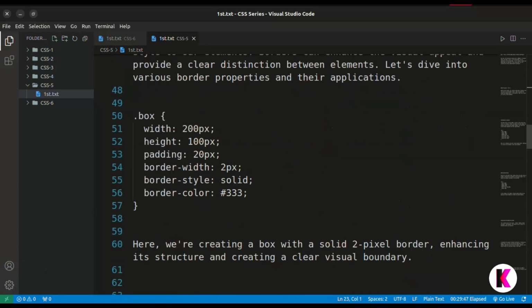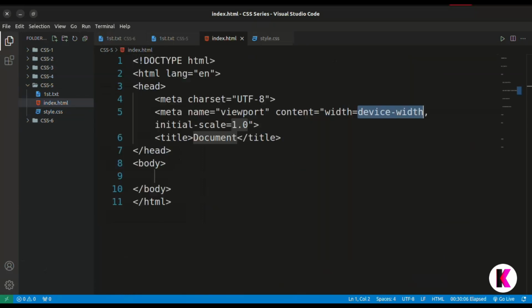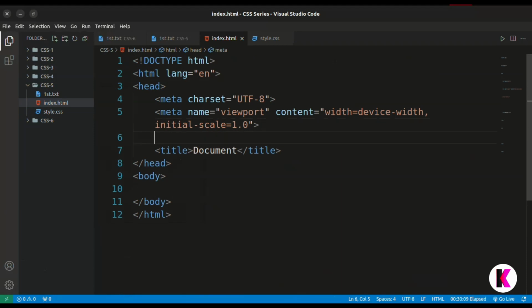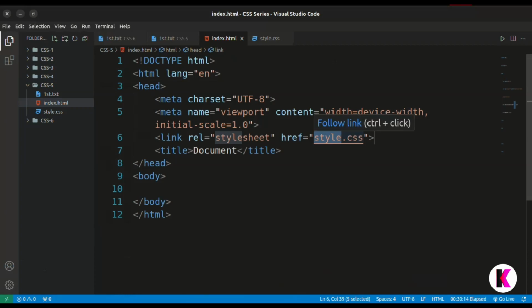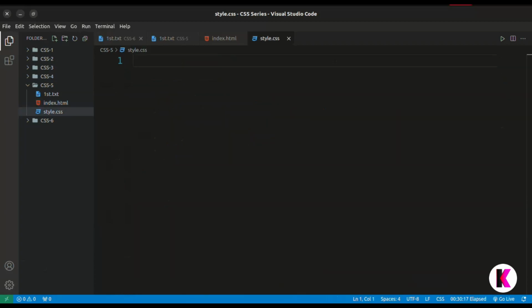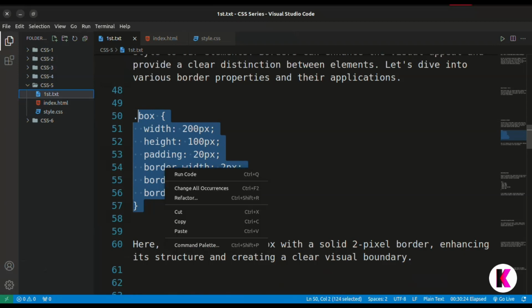So here we have a box. First we will make an index file, and for styling we will make a style.css, and we have to just link the style.css with the HTML. In the head tag we will write link and just go to CSS and hover over this, you will come to see here, and if we go here and we have this box, just copy these properties,